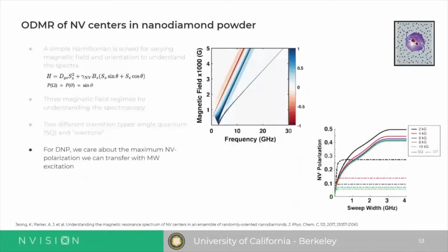The last thing I'll say about these data is, we wanted to do DNP with these powders. So what I did in these simulations was look at the intensity plots of the NV polarizations, where red is -1 and blue is +1. In this diagram on the right, I changed the sweep width and looked at what kind of NV polarization we would expect when sweeping over the overtone transition or the single quantum transitions. We wanted to use this to inform us of how to do DNP, but I will just say,